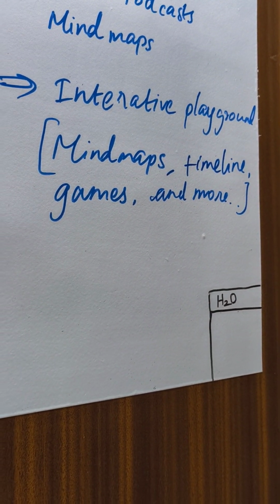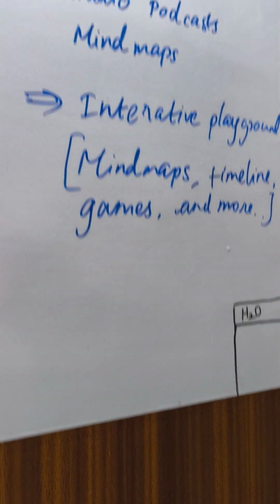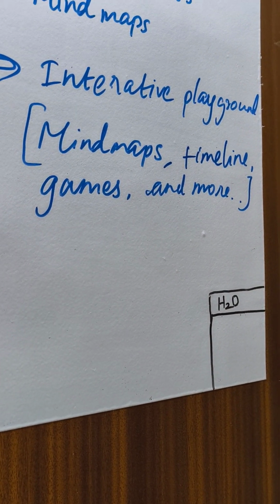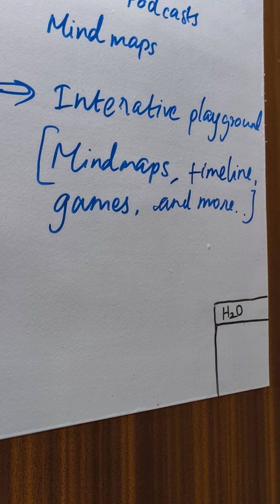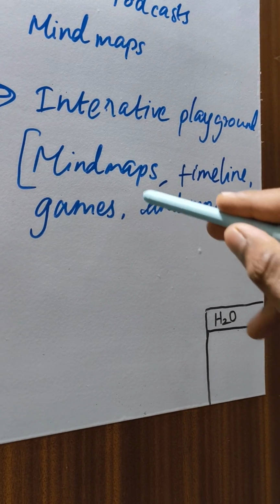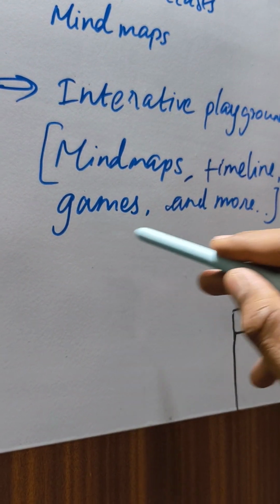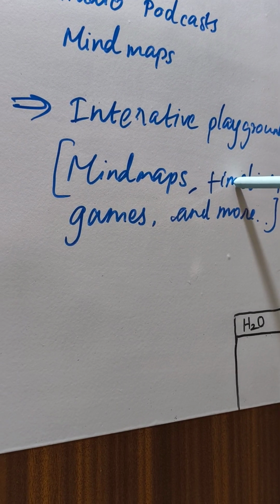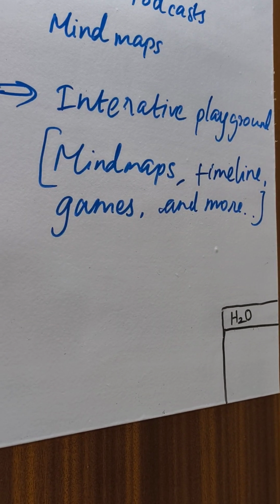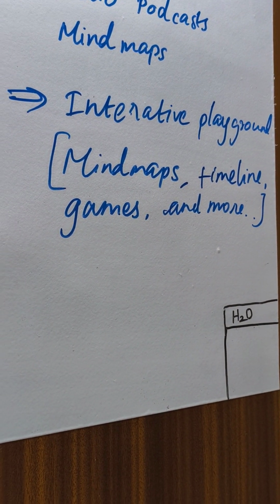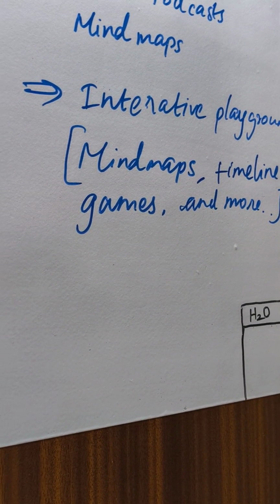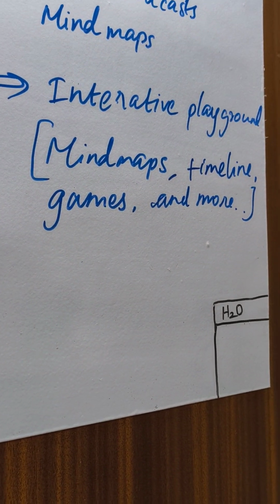So the next important feature here is, instead of audio podcast, we're going to create an interactive playground using a coding agent that uses an LLM to create a website for you that can contain mind maps, timelines, games, and much more. Timeline could be, for example, let's take history. So the events that happened in the 18th century or the 20th century will be added in a timeline, so that